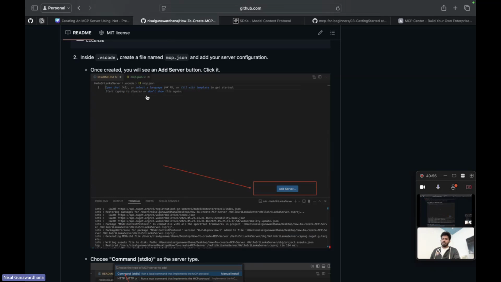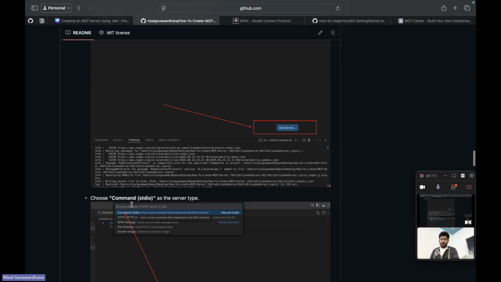First, move to that folder and then create an mcp.json file in the .vscode folder. Once you create that file, you can click Add Server. Once you click this, you can see a few options. You have to select the command stdio option.